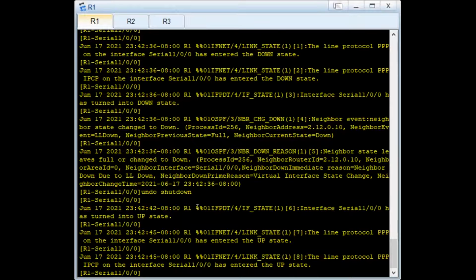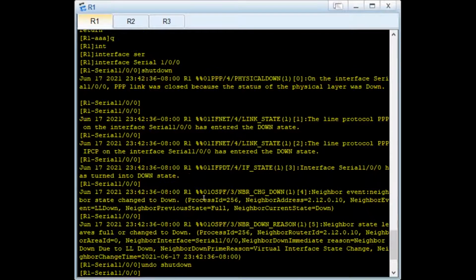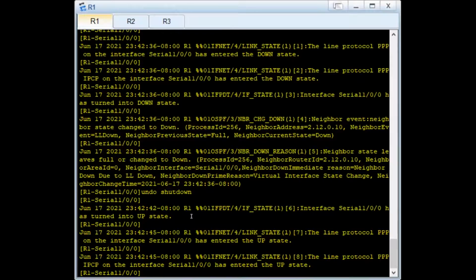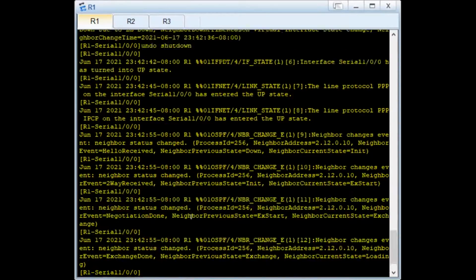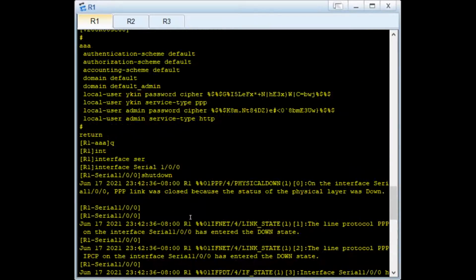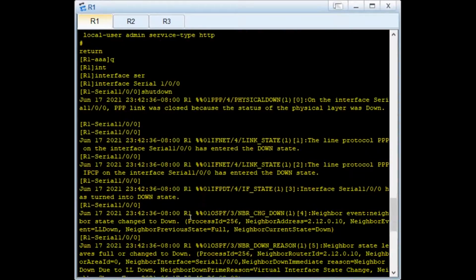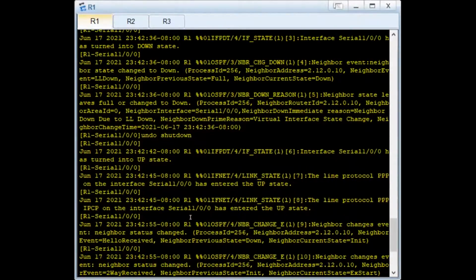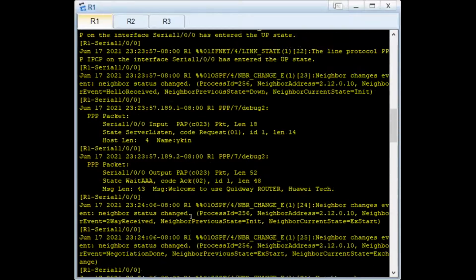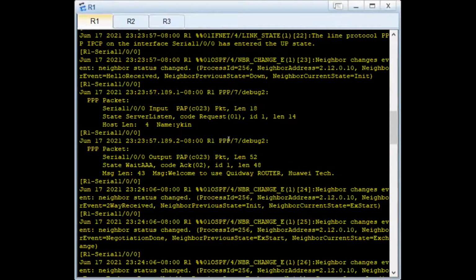Wait for a minute. Okay, you can see here, after I type the undo shutdown, this is the input, which